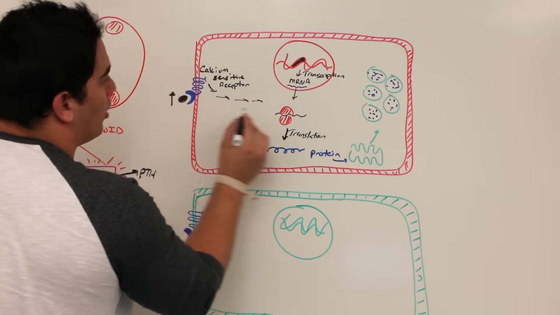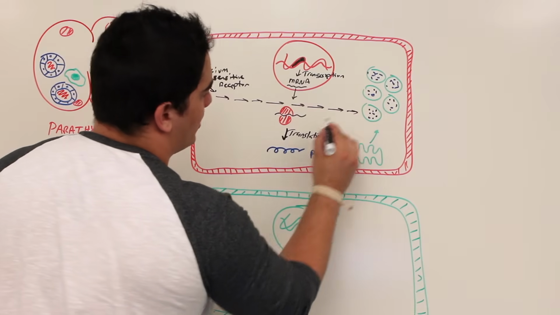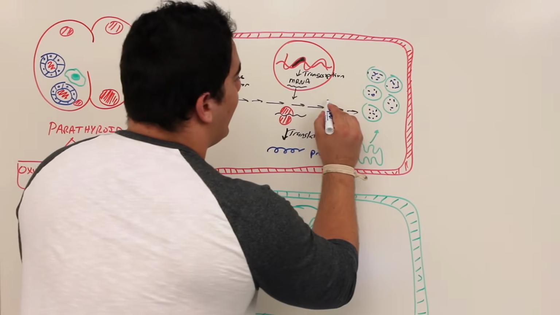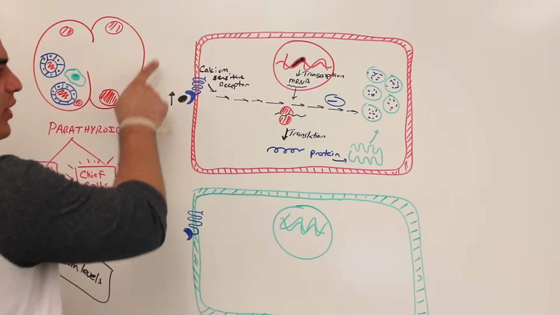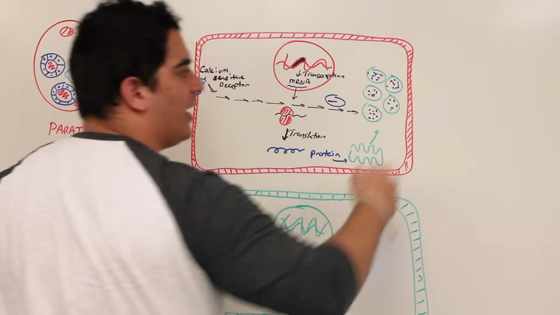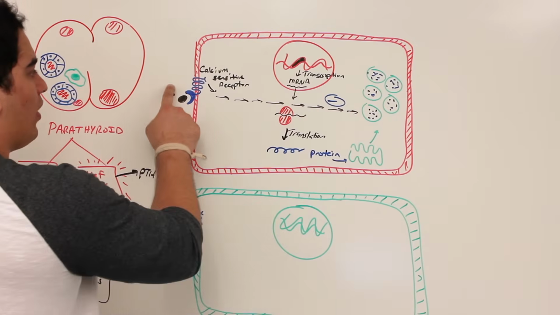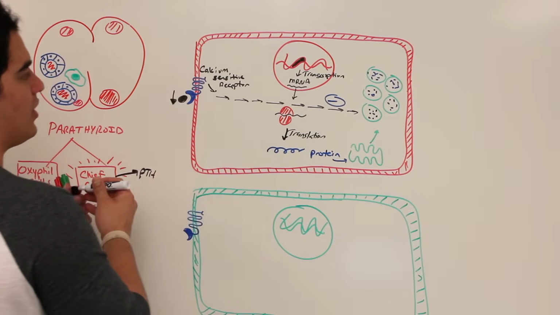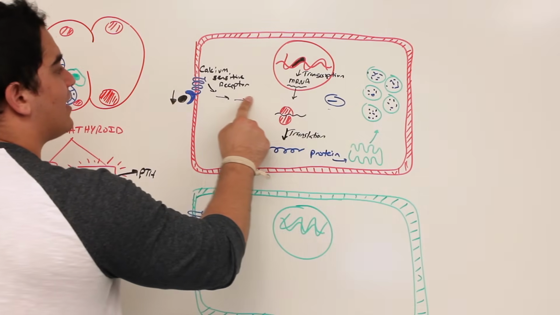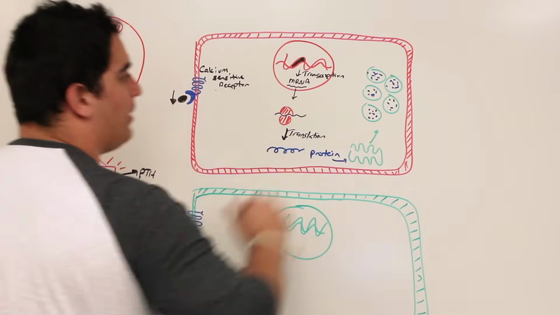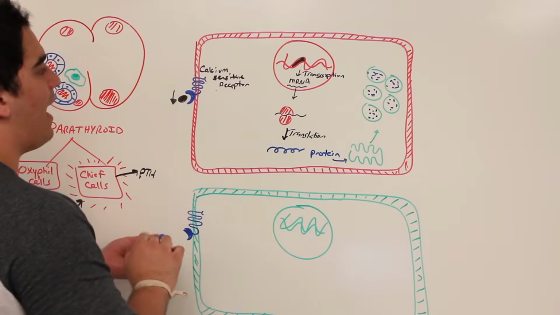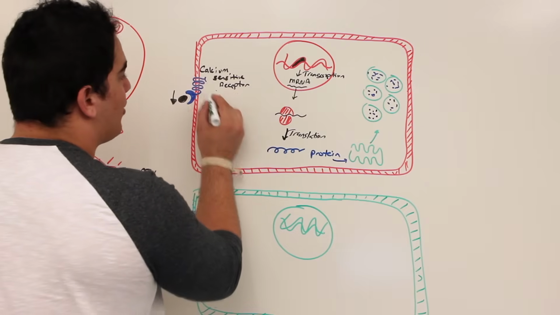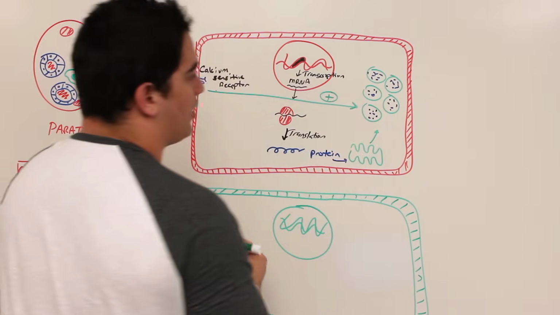When calcium levels are high, look what it does though. It sends these signals through all these different types of intracellular signals that we're not really concerned with here. And guess what the overall effect of it is whenever there's high calcium levels? It inhibits this process. So you see how whenever there's really high calcium levels, it inhibits this actual PTH from getting released. Okay, so then what happens if there's very low calcium levels? If there's very, very low calcium levels, this process right here is actually going to be less. So there's less inhibitory input coming in, right? So there's less inhibitory pathways or intracellular pathways here. So now what's going to happen? If there's less intracellular pathways going in here, this low blood calcium levels will actually be a stimulus for PTH